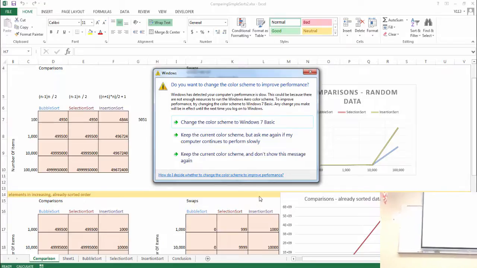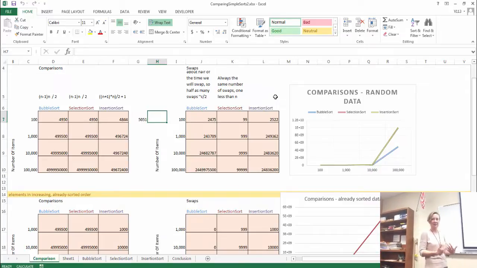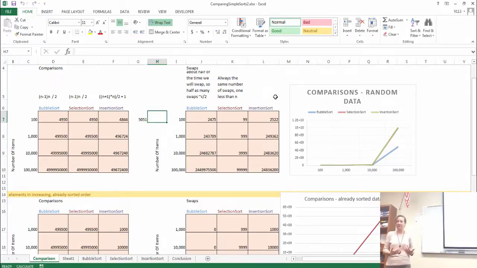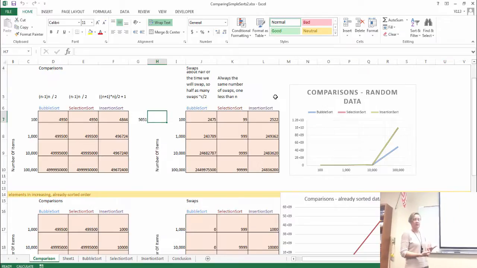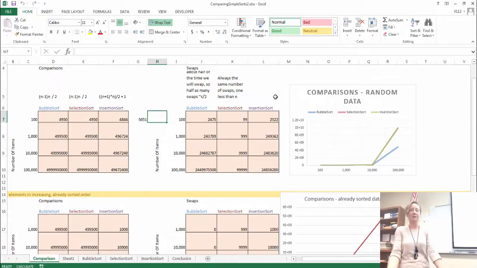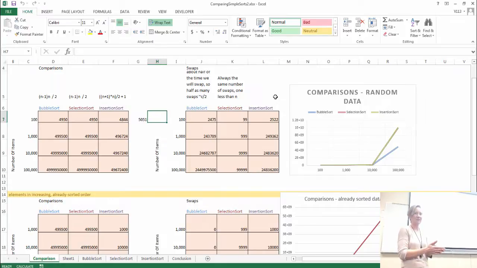When you kind of gave up on it running in your tests and you still wanted to complete this assignment, you had to figure out how many comparisons and swaps these simple sorts were doing, and then you had to calculate it, right? So hopefully you guys took it upon yourselves to look at the code, look at the algorithm, and then do the calculations even if you couldn't test it. Okay, so that was kind of the thing with this assignment. You're supposed to say, okay, this is taking way too long. I'm going to figure this out.